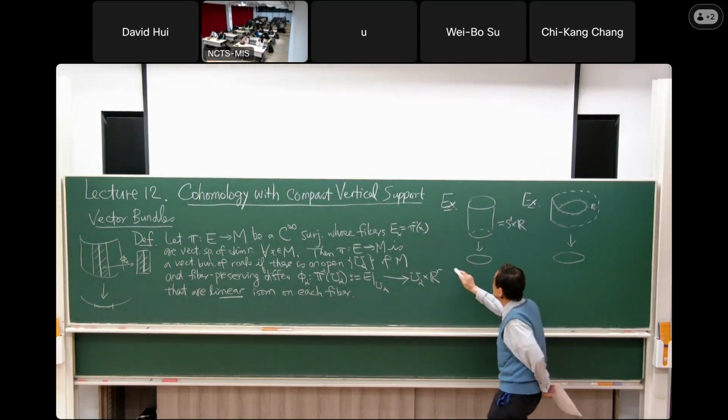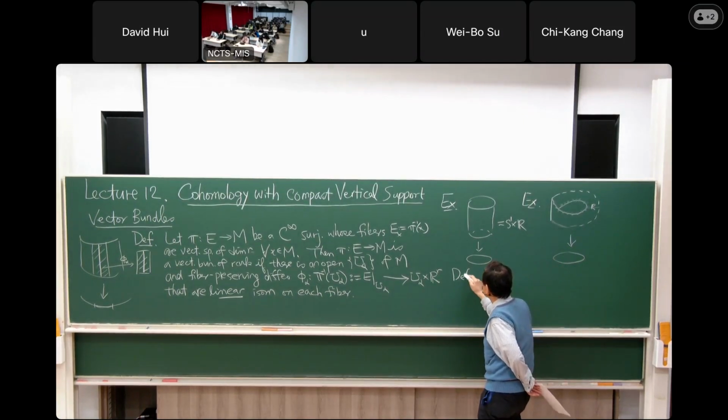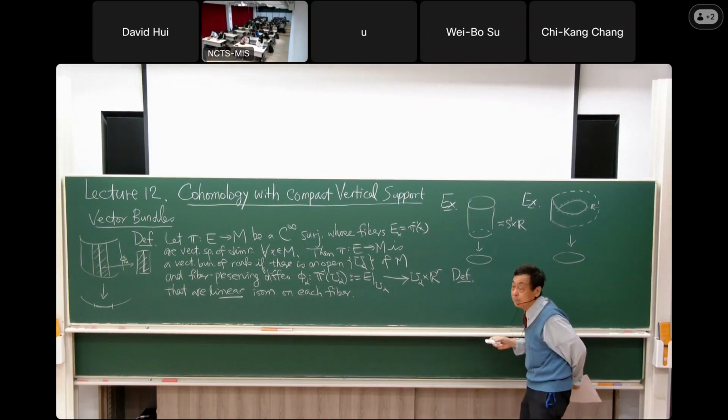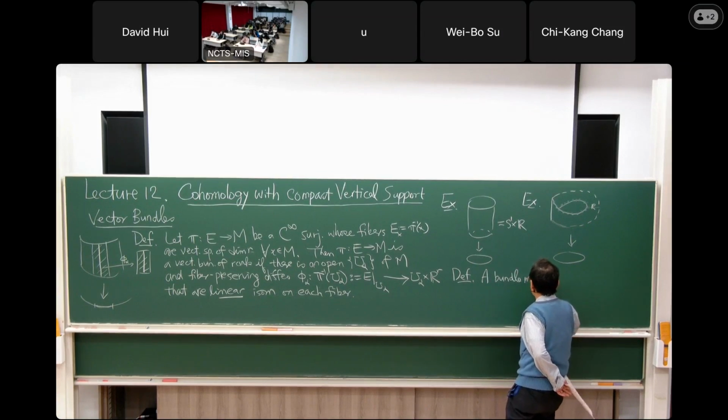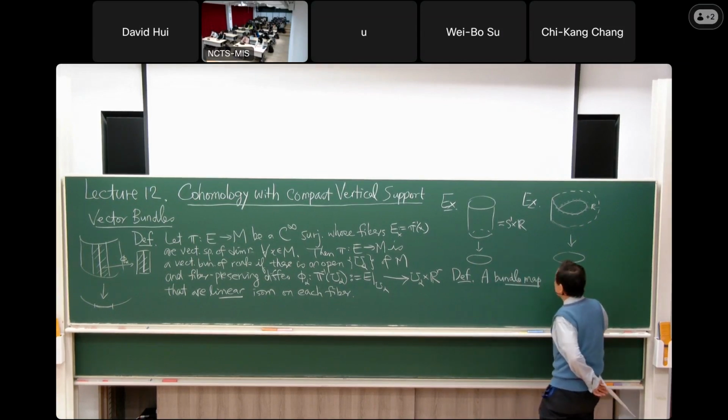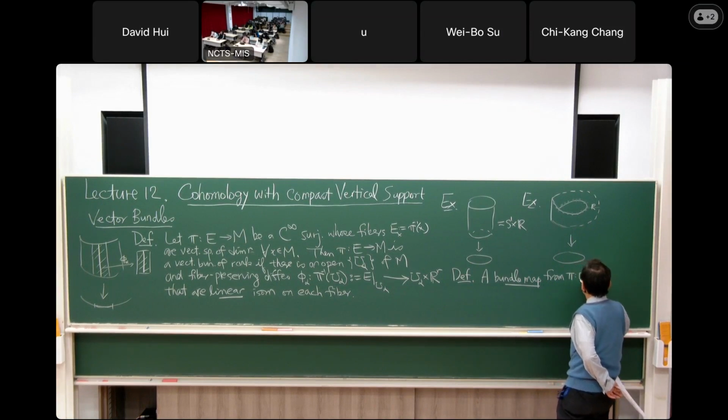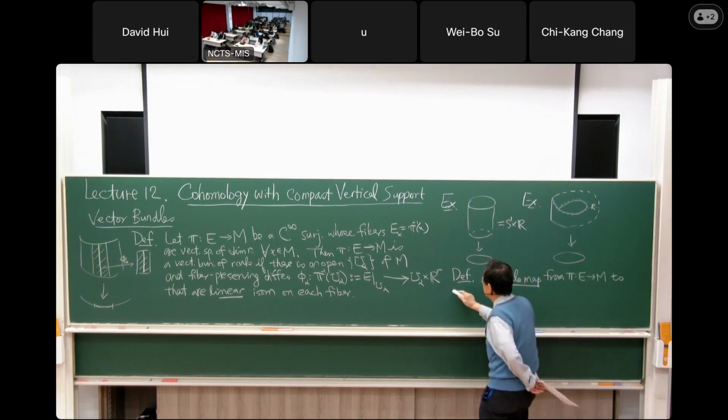So what is a morphism of a vector bundle? That's called a bundle map. A bundle map from one vector bundle to another